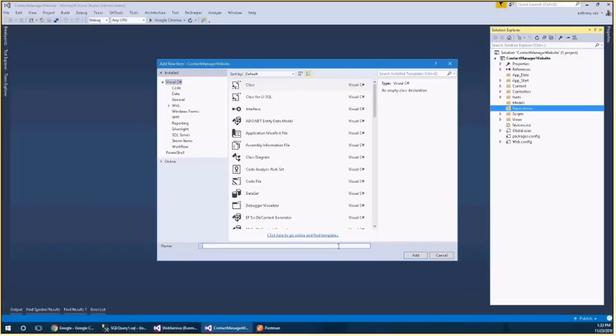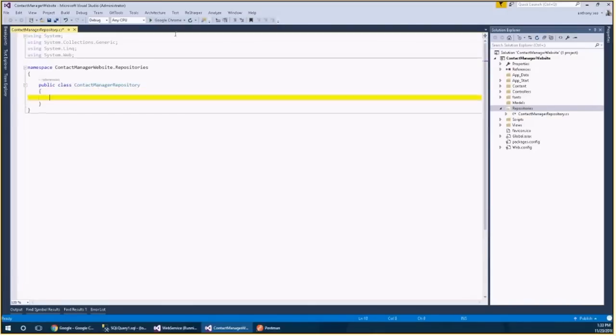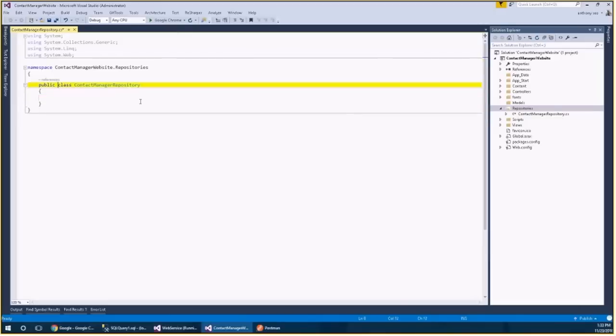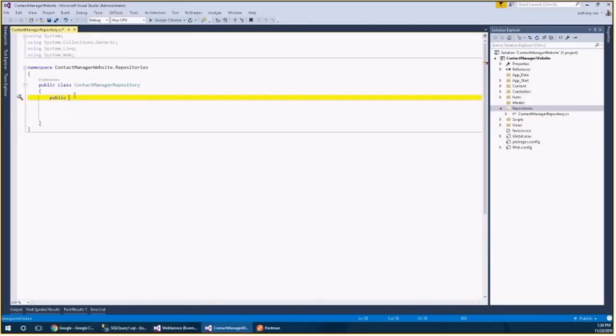And to keep the names a little different, Contact Manager. It's a repository. Repository.cs, Contact Manager repository. Okay, good. So now we got this class going here, and in this situation, it's going to be a little different. So let's start off by creating the method public. Once again, I'm going to create a static, and this will be your first introduction to